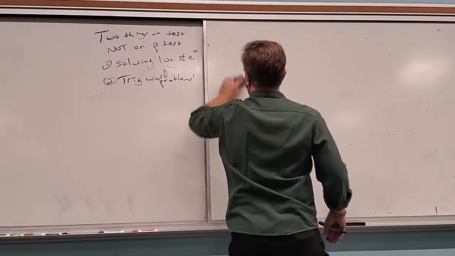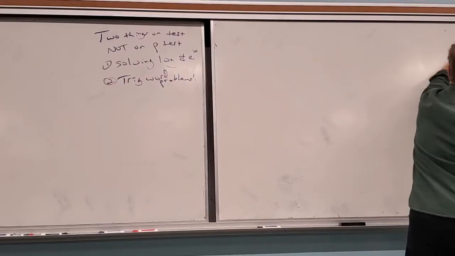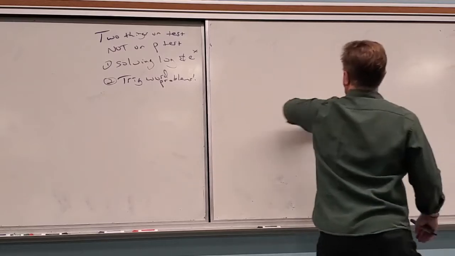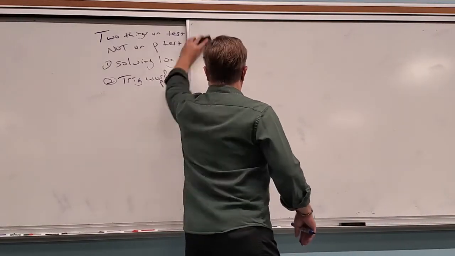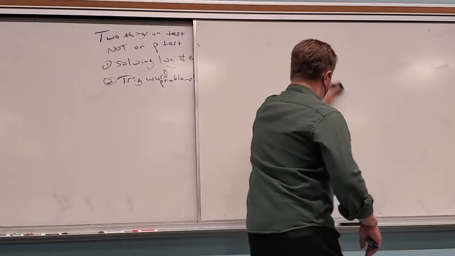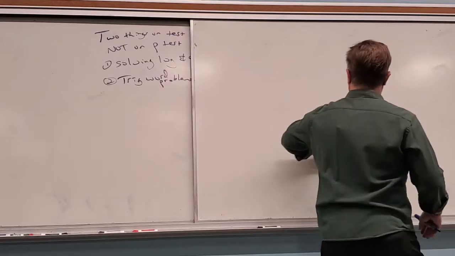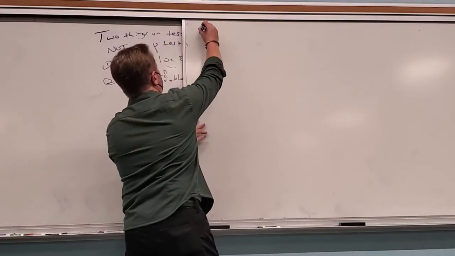Do you guys know what the basic tangent function looks like? Somebody describe it to me. It looks a lot like something else we've looked at before. Say again? Cubic. Kick ass. So the basic tangent function